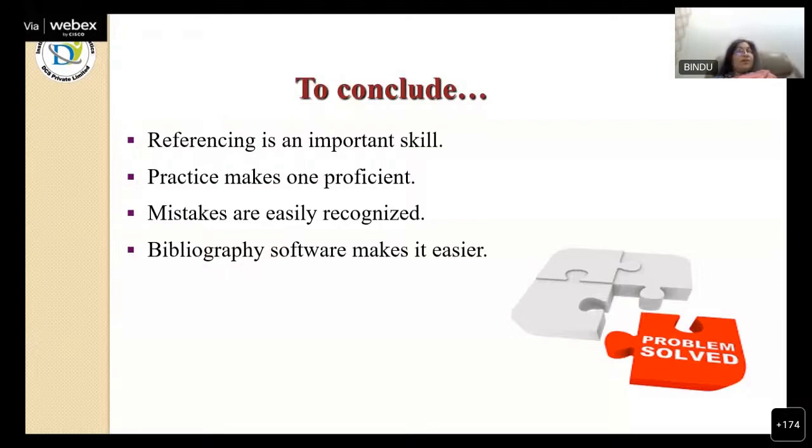problem. And please keep this one thing in your mind, that mistakes are easily recognized. If we are smart, the editors of the journal are smarter than us. And things have been made easier with the use of technology. So software you can easily use, you can learn how to use, and definitely your life will become much easier